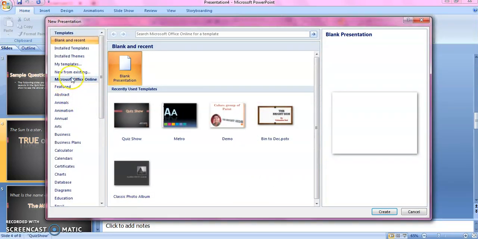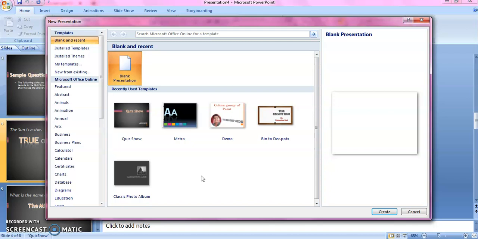And there is the last option, New from Existing. So what is this New from Existing? You already created a presentation and saved it. Now you want to create a new presentation from that saved presentation. You don't have to think about the background, or the placement of your content, nothing.